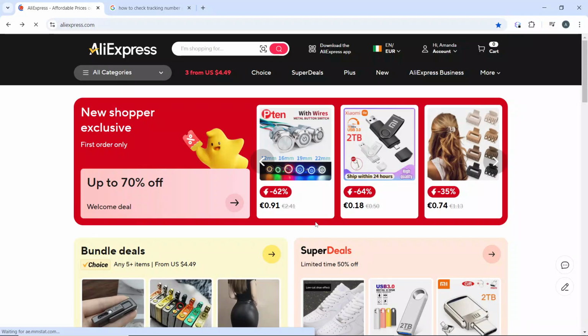Hello, in this tutorial, I'll show you how to cancel to pay on AliExpress. Now, here's how you can cancel a payment on AliExpress. The first thing you need to do is launch your browser and go to the AliExpress website at